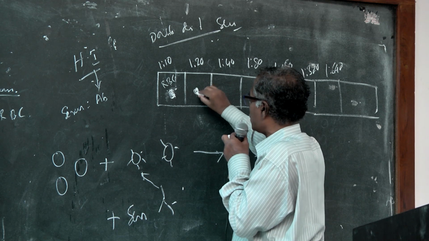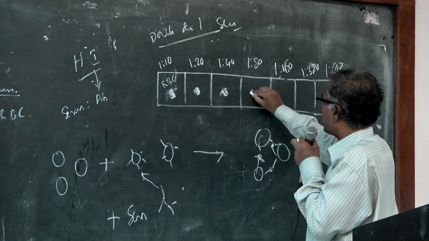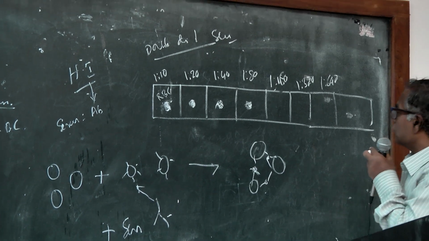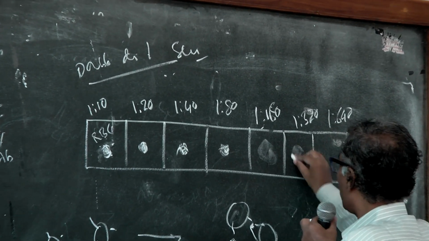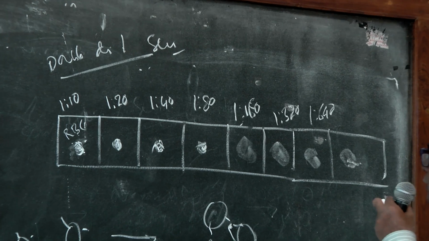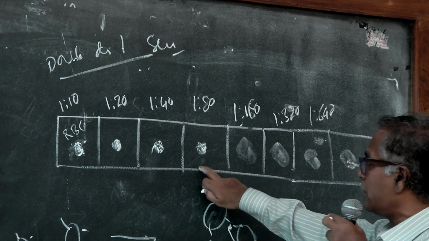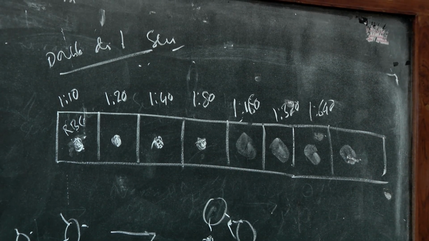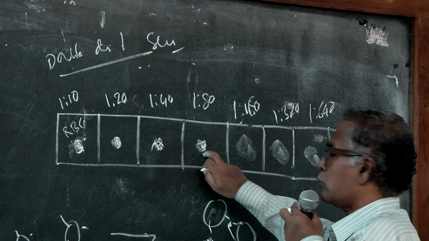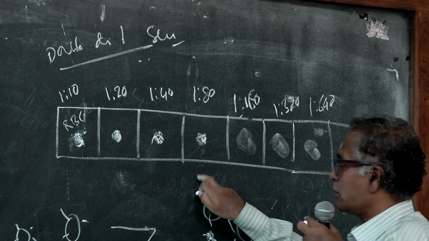Similarly, at 1 in 20 dilution, imagine a similar button is formed. At 1 in 40, a button is formed. At 1 in 80, a button is formed. Imagine that afterwards there is no button formation. See, 1 in 80 is the highest dilution of the serum which can react with all the valencies of the available antigen, so that the antigen will be totally utilized by the antibody and the RBC will settle down as a button at the bottom.